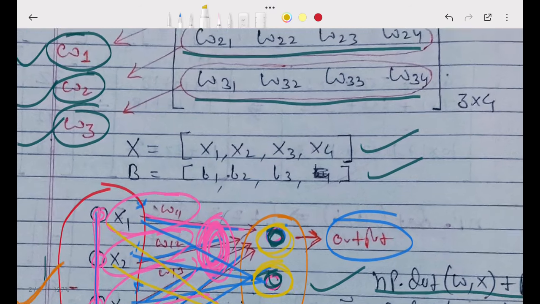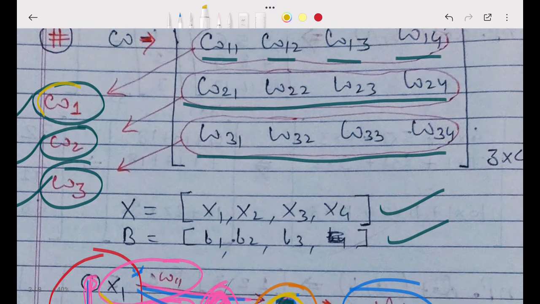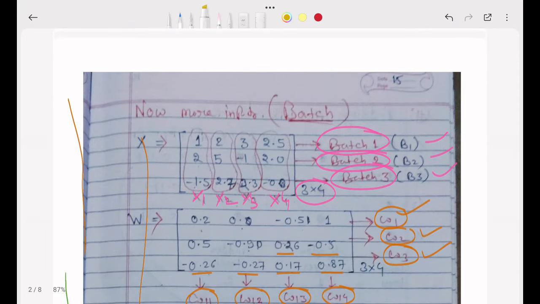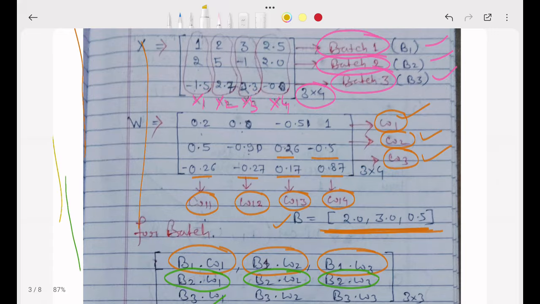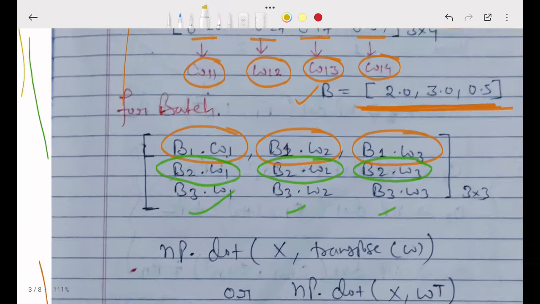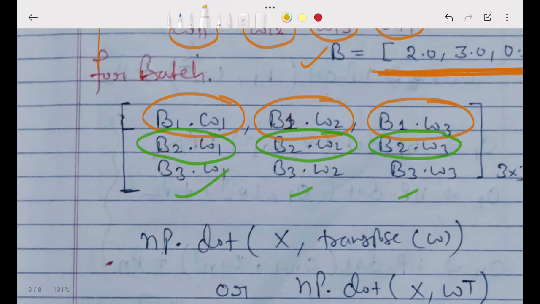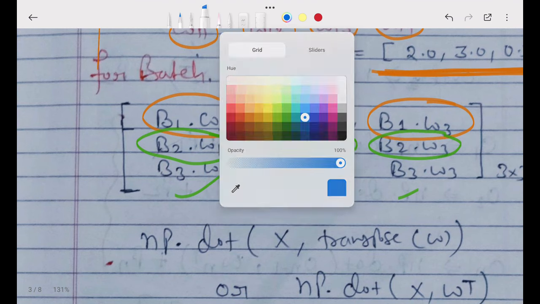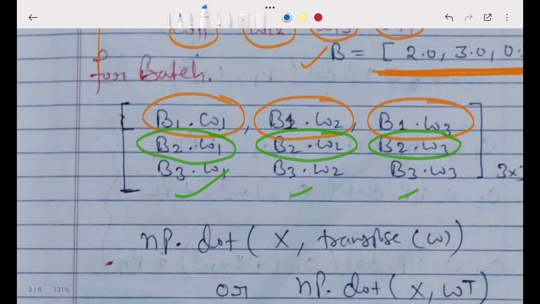We can also write W1, W2 and W3 here. Same process we are applying here, B1 W1, B2 W2. How it is working is very important.